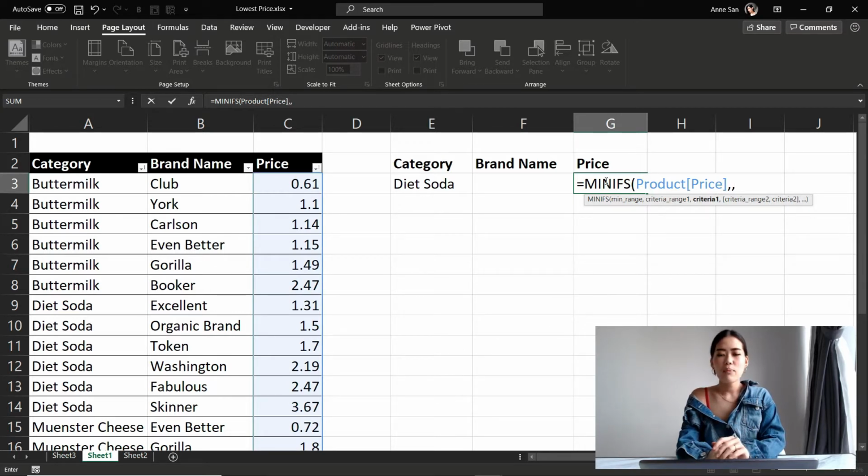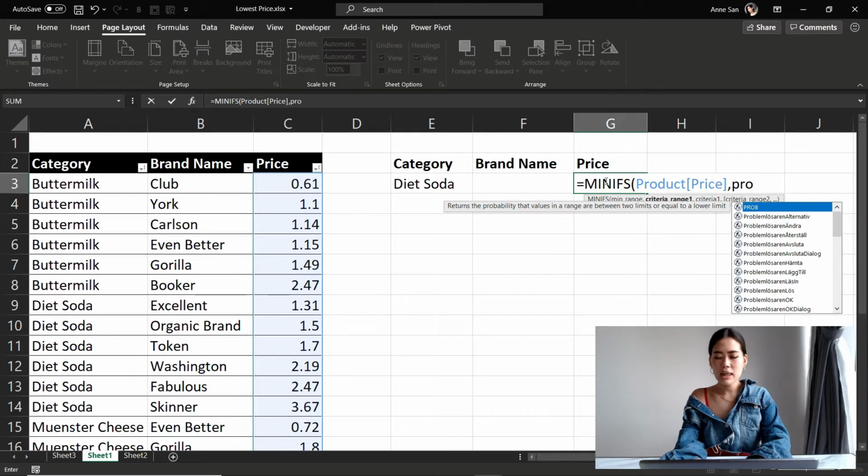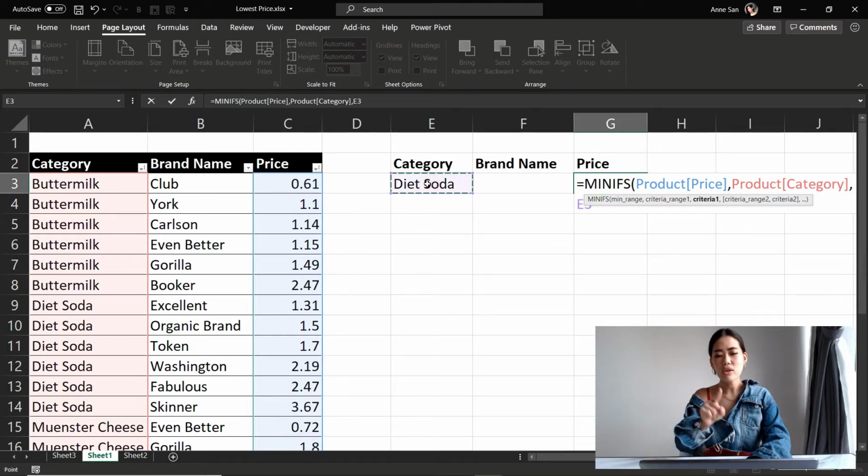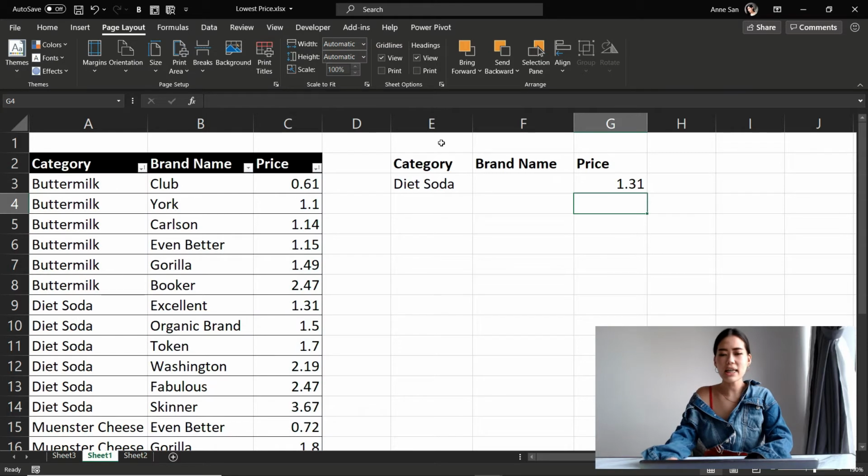Number 2, it asks for your criteria range, so please provide the range where we can search for this diet soda. Same thing, it will be in this product table, and within my category column is where you look for your diet soda. Once you hit enter, it says that based on the category of diet soda, the price is